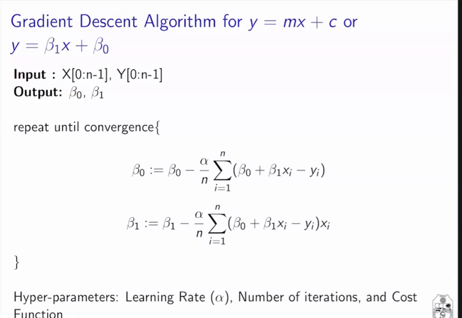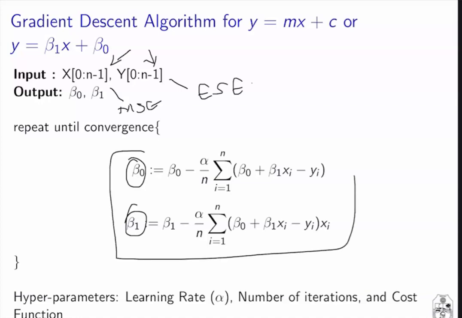Now this is the gradient descent algorithm. The gradient descent algorithm takes two different inputs. The first input is our input vector or the input features up to n data points, and these are our output data points, Y. Here in this case it is the MSc end semester examination mark, and it goes on calculating the values of beta 0 and beta 1 by solving these two equations, simultaneously substituting the values of beta 0 and beta 1 in order to calculate the error.